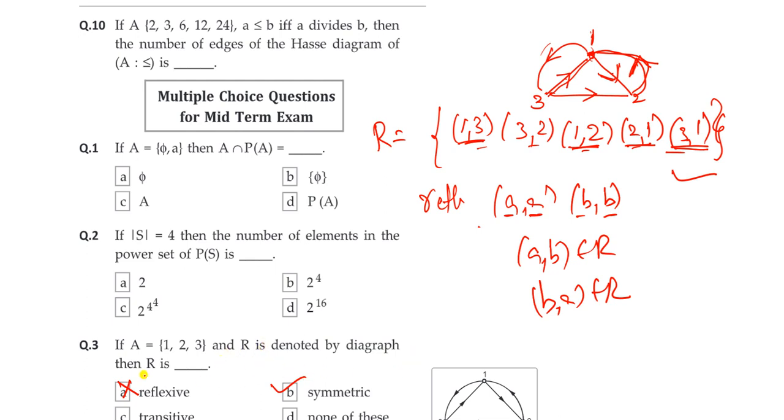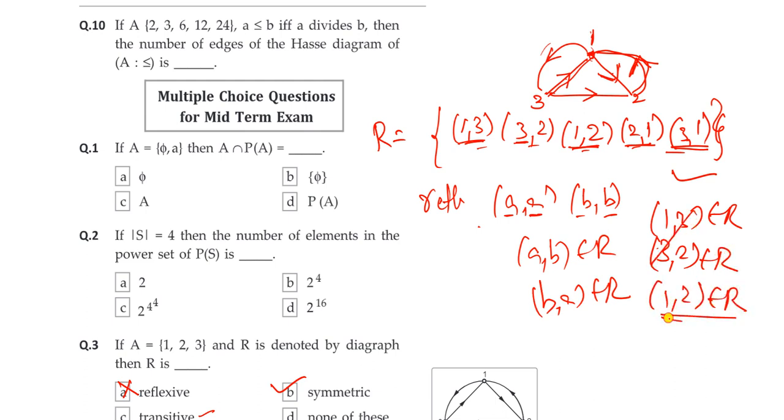Next one, R is denoted by a digraph. Is R transitive or not? Check the conditions, everyone. For transitive, take (1, 3): any element starting with 3, yes. Here (1, 3) belongs to R and (3, 2) belongs to R. From these two elements we can say that (1, 2) belongs to R. Check whether (1, 2) is there or not. Yes, (1, 2) is there. So it is also transitive. So here both answers are correct, B and C. Actually, by seeing the options, symmetric is option B and transitive is option C.